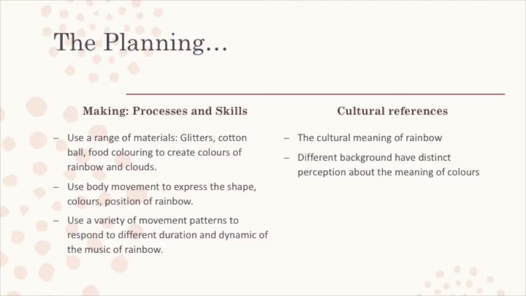Now, about the making processes and skills. Children will be using a range of materials such as glitters, cotton balls, and food coloring to create the colors of rainbows and clouds. In terms of the dancing and drama, they use body movement to express the shape, colors, and position of the rainbow. On top of that, they use a variety of movement patterns such as going low, medium, or high using their body, as well as responding to the different duration and dynamics of the music of the